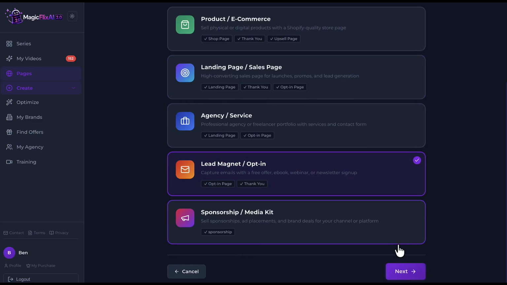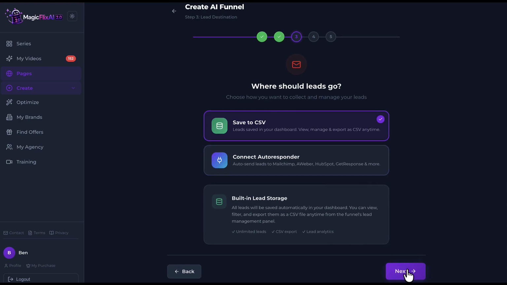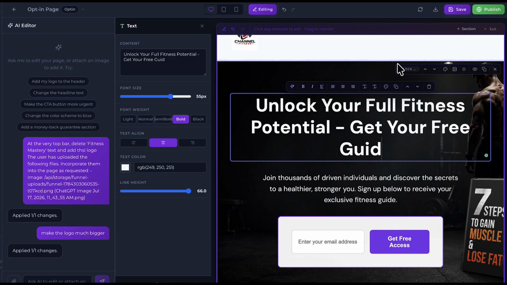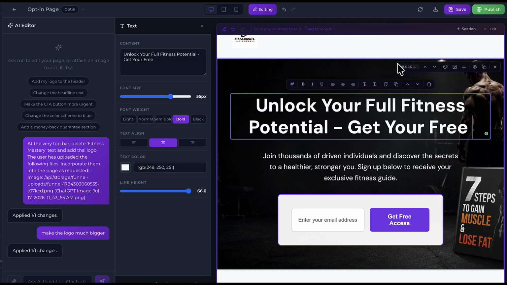You can build a list of subscribers too by navigating to pages and creating a landing page that captures the email of subscribers from your channel. Or even create an entire store that sells multiple affiliate offers.